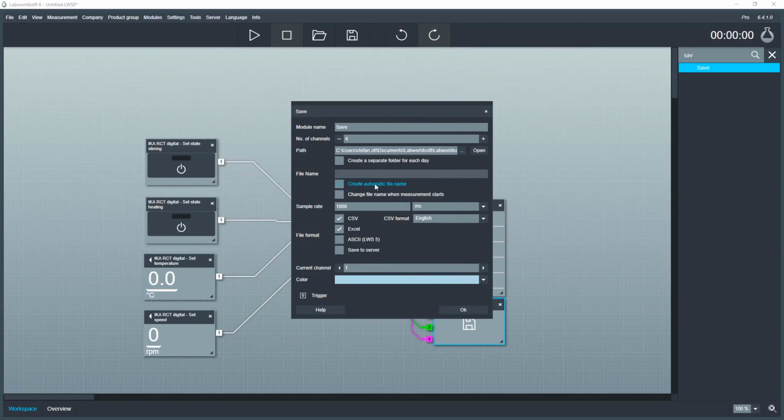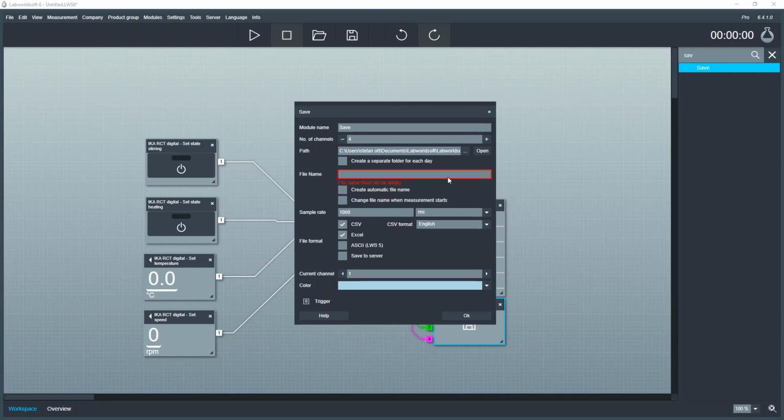The file name then consists of the current date and time at which the process was started, as well as the name of the configuration file and the user-defined name of the Save module. Alternatively, you can also set the file name to be entered manually when the process is started. You can also define the file name within the Save module.